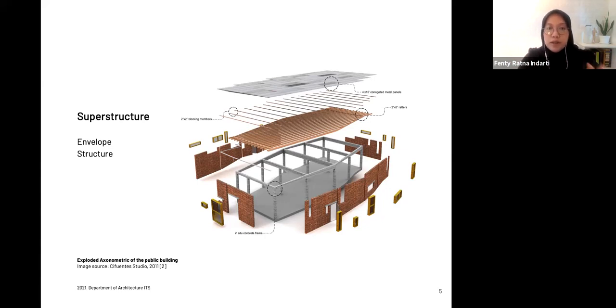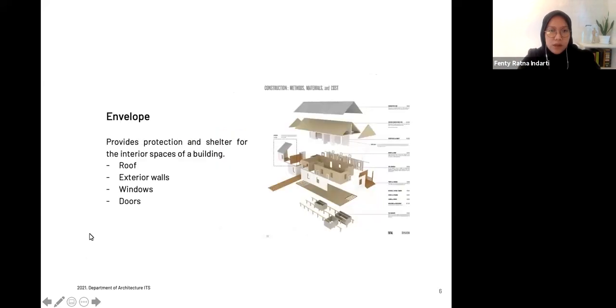So the envelope gives the protection as well as the expression of the design, while the structure itself functions as the skeleton and the supporting part of our design. If we take a look back at what I gave you in the previous lecture,